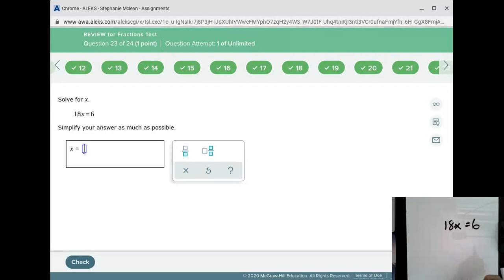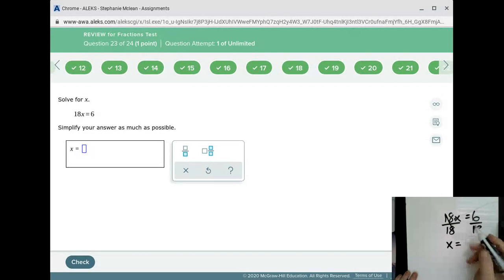So to undo multiplication, you have to divide. And whatever you do to one side, you have to do to the other. So I'm going to divide 18 times x by 18, and then I have 6 divided by 18 on my other side. The 18s go away on the left side, so I get x equals